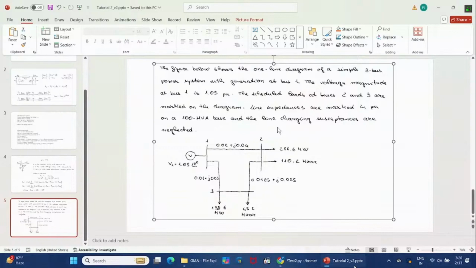So we need this. Here we don't differentiate between sending and receiving. In this network, it is difficult to say this is a receiving or sending bus. It can be both, no? But we classify according to what we know. And here we know active and reactive power. So these two are PQ buses. And this is for sure a slack bus because we need a slack bus. So in our list, we can put